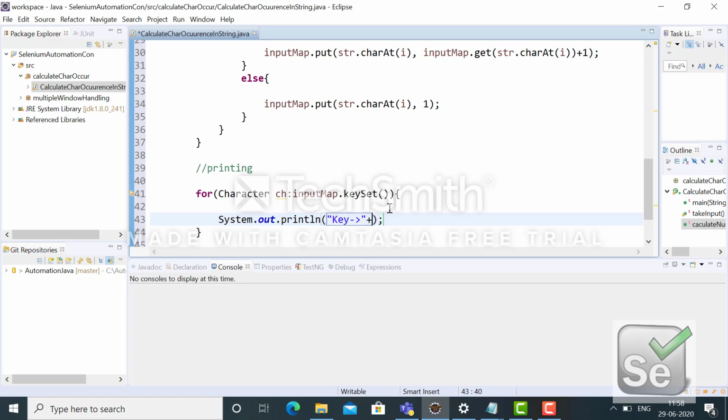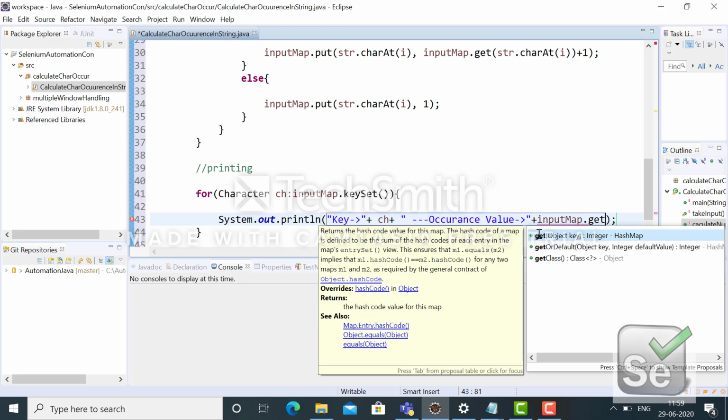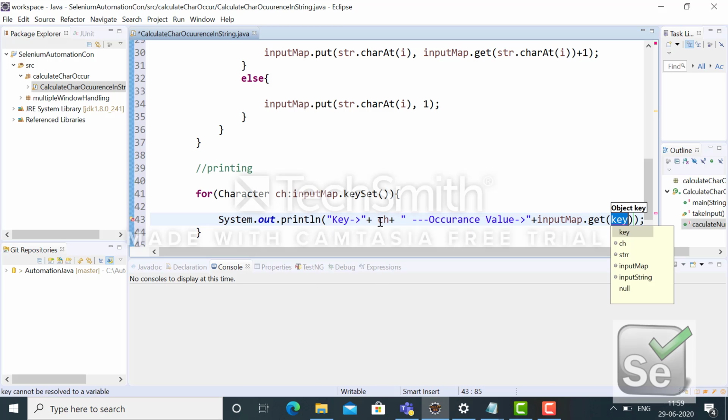So I'm printing the character and the occurrence value. How can I get the occurrence value? The same way, using the method called get. I know the key is nothing but this character.